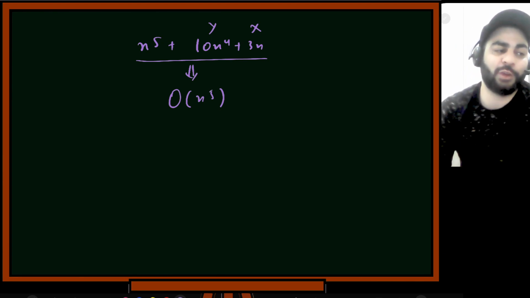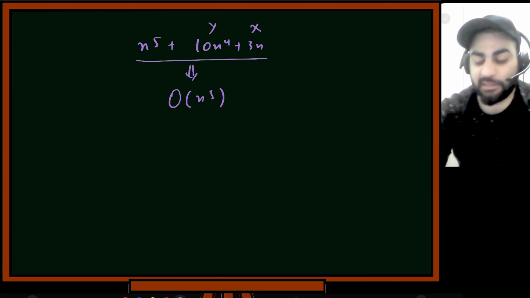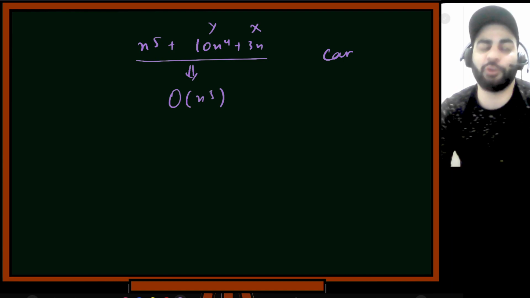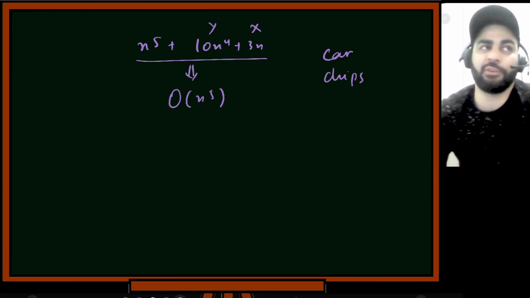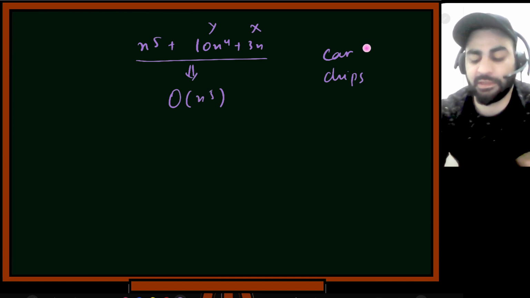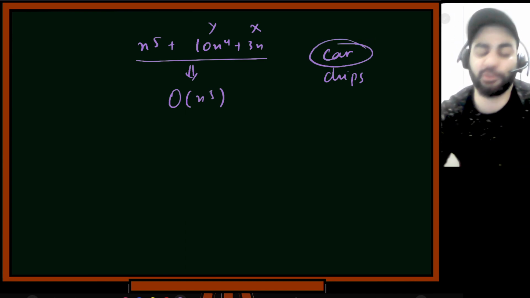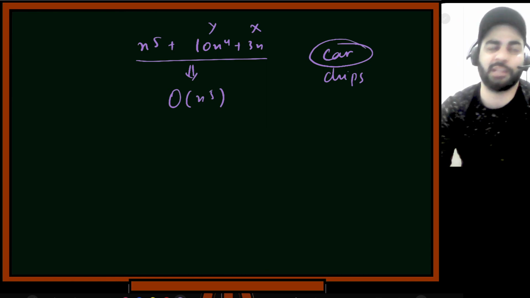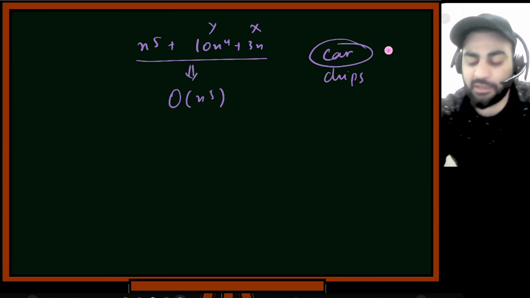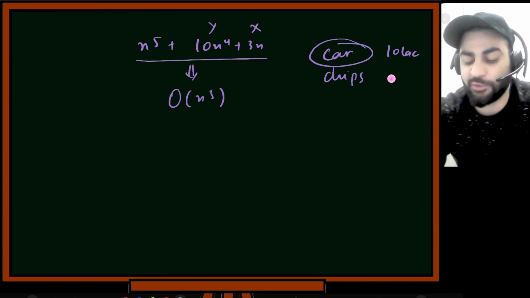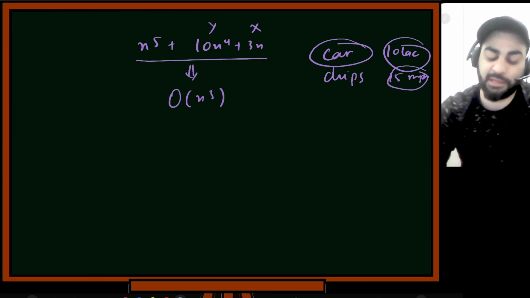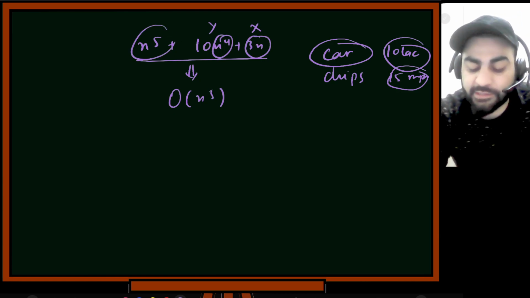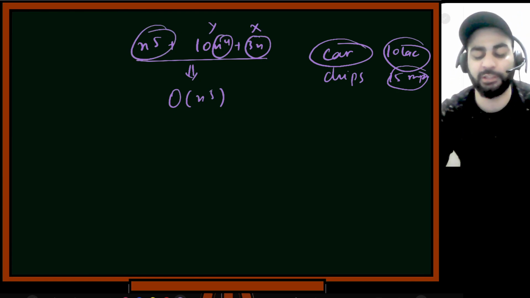For example, let's suppose you are going to buy a car, and along the way you also ate some chips. If somebody asks you where you were, you say I was in a market where I had to buy a car. You won't even discuss the chips, because chips have a very small price. Let's suppose the car cost 10 lakhs, and the chips cost you 15 rupees or something. So this is very less in comparison to these 10 lakhs. Similarly, these terms can be omitted, because this term is sort of engulfing all these terms, n to the power